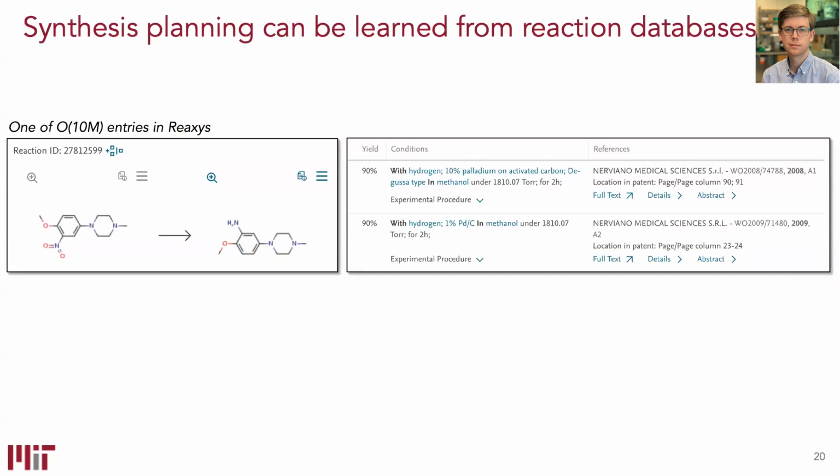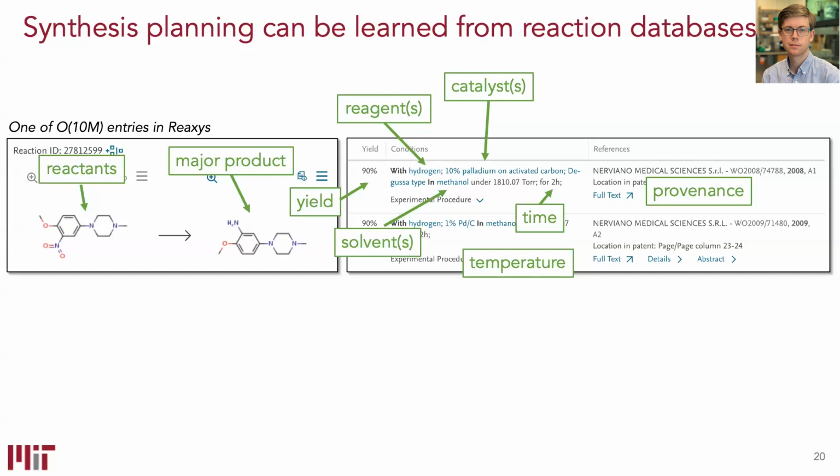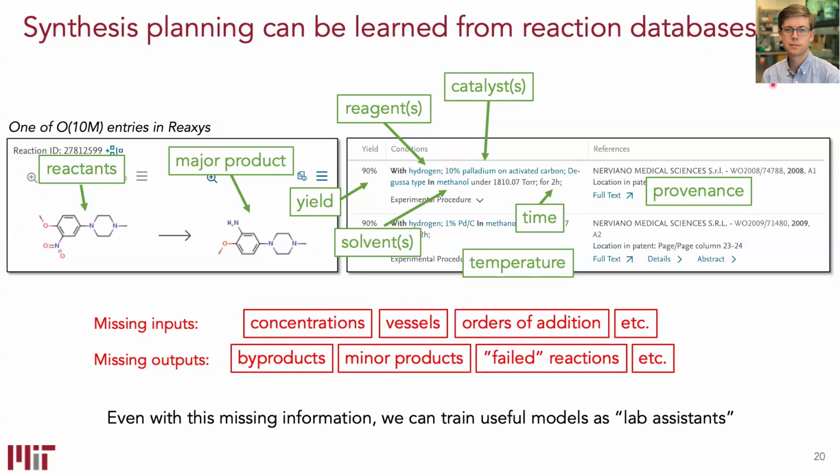So like I mentioned, publishers have been tabulating data on chemical reactions for quite some time, which is an example from the Reaxys database. It tells us who ran the reaction, what were the reactants, the starting materials, what were the products, what were the conditions, what were the yields. And so this gives us a lot of information to learn useful patterns of chemical reactivity from. So we have this nice example of saying, well, if we want to make that product, we know that that's a set of reactants that we could use to make it. And if we want to run this reaction, we know this is a set of conditions that we might be able to use to run this reaction. And so we can build models on top of this, despite the fact that there's a lot of missing information and confounding variables that we don't have.